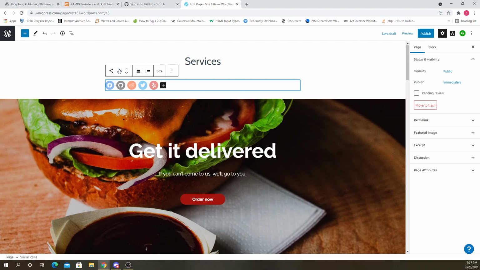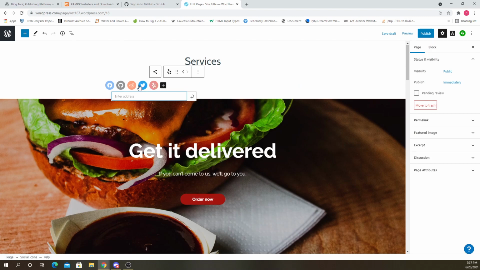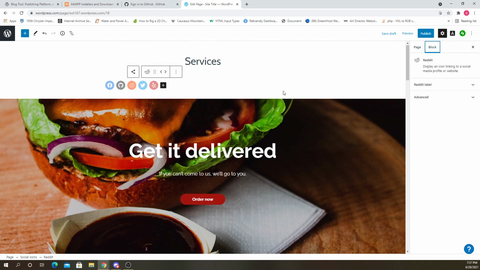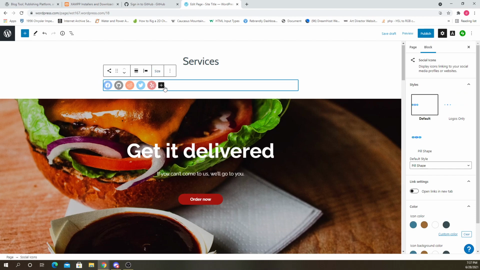Let's see, how do we center this though? Because we want that to be centered, obviously. So we click change alignment and align center. I guess that's for the entire thing. Maybe for these we have separate options. Doesn't look like we can change the appearance of that.